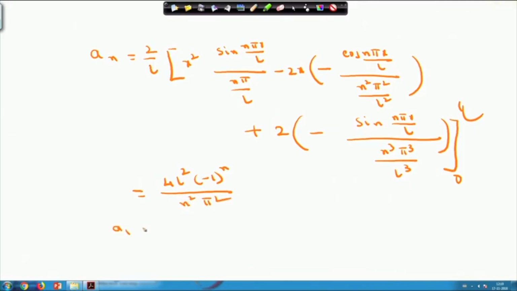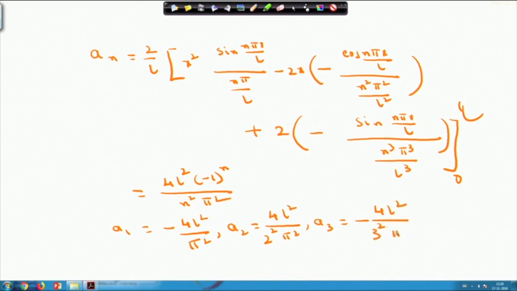So, your a 1 will be equal to minus 4 L square by pi square. Your a 2 will then be 4 L square by 2 square into pi square. Your a 3 will again be minus, minus 1 to the power 3, so it will be 4 L square by 3 square into pi square. In this way it will go. So, that you can write down